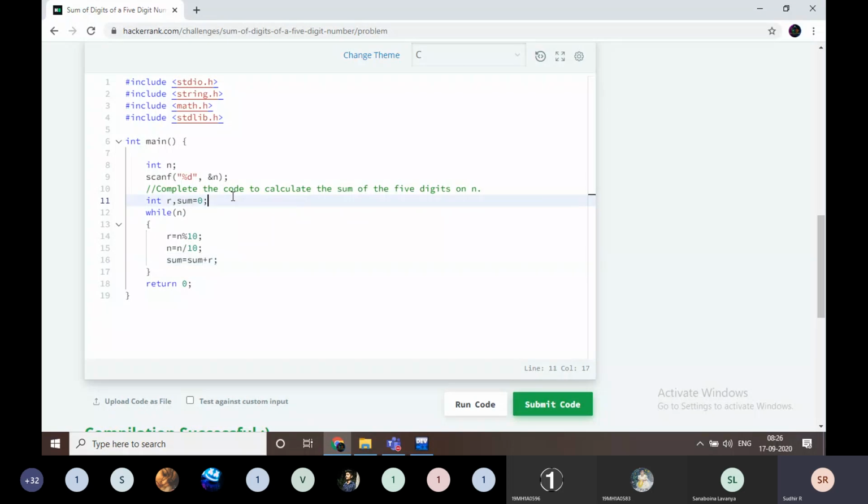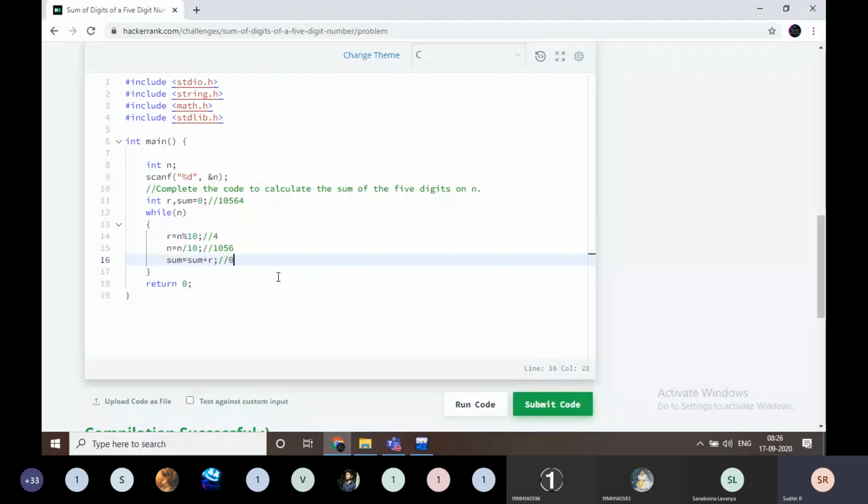What is R here? For example, the number is 10564. For the first iteration, what is the R value? R value is 4. Then n becomes 1056. Then I am going to add here, what is the sum value initially?